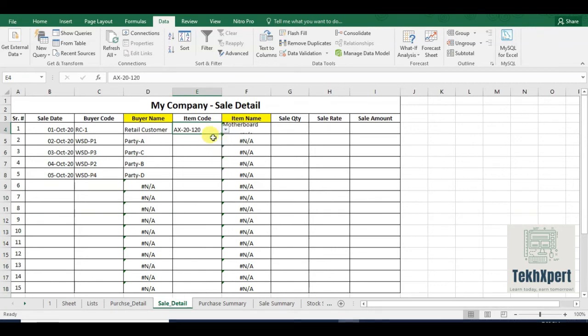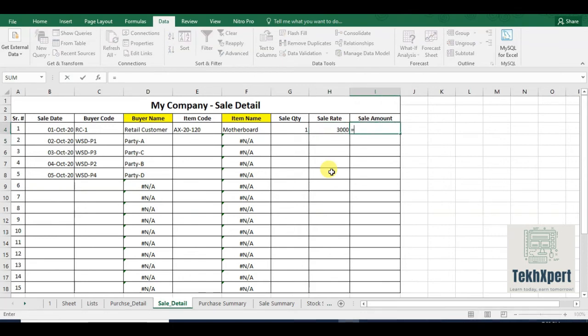This is a retail customer who purchased motherboard 1, and the sale rate. Now you might have a question: why is the sale rate not retrieved from the purchase table? No, it will not retrieve. I am not saying that it can't be retrieved. I am saying that it will not retrieve because your sale rate is different from your purchase rate. So you have to enter the sale rate manually, like you purchased the motherboard at 2000 per unit, but you want to sell it at 3000 per unit after calculating all the expenses and keeping the profit margin in mind. So I am putting the rate 3000.